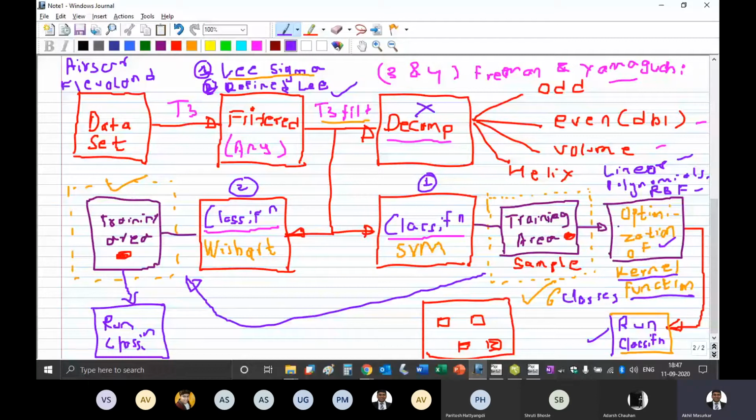And then we optimized. We use RBF. So RBF needs to be optimized, so we optimize that. And now the last step that we are doing is running classification. So if the training area has got 6 classes, when we apply Wishart, that time this also needs to have 6 classes. So that is the concern.